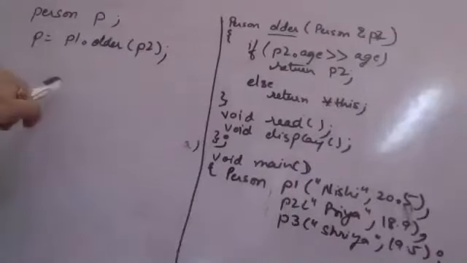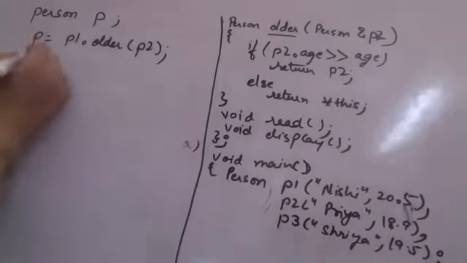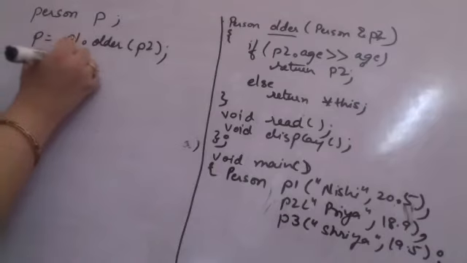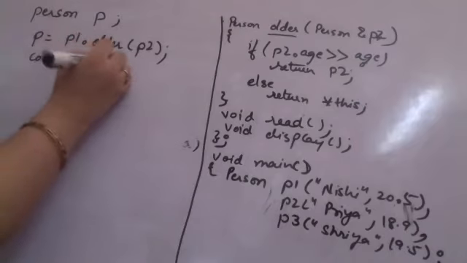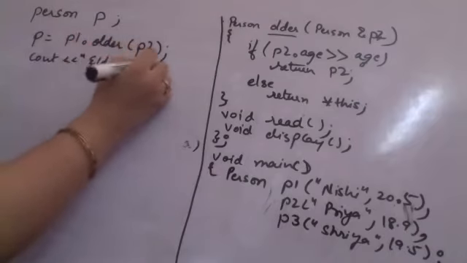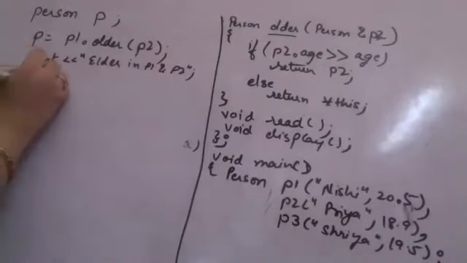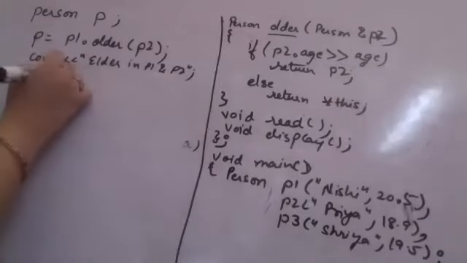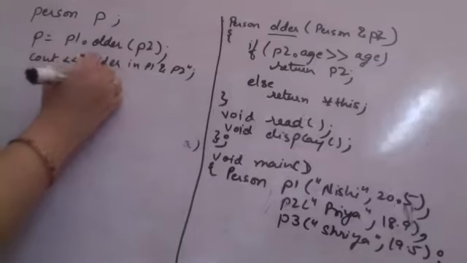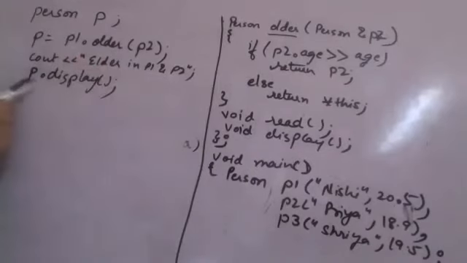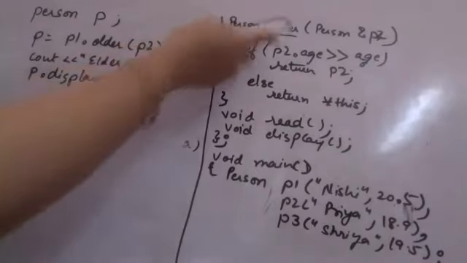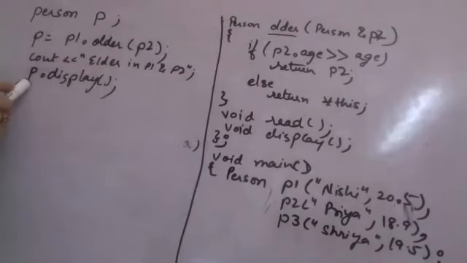So now when I am checking which is the elder person, I have to check now which is the elder person. So I can say cout elder in P1 and P2. Okay, we are checking the elder in P1 and P2, and I can say cout now P dot display is supposedly being called. So when P dot display is called, P will be referring to whatever is returned from older, and that person will be printed by P.